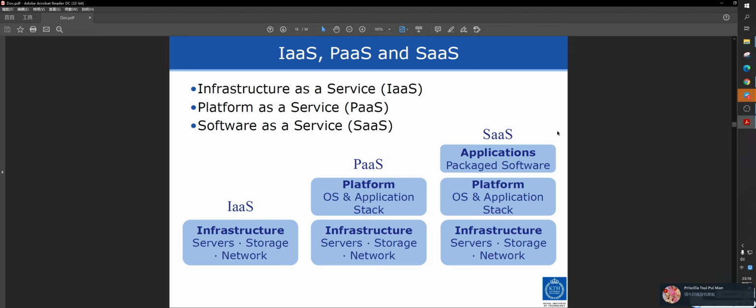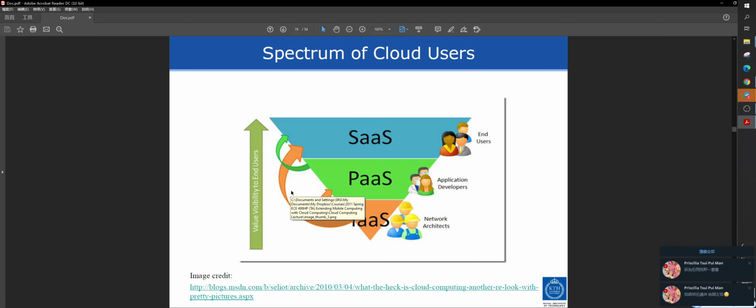Okay, IaaS, PaaS, and SaaS: infrastructure as a service, platform as a service, software as a service. So we can see that SaaS includes these two. Spectrum of cloud users: SaaS is the most